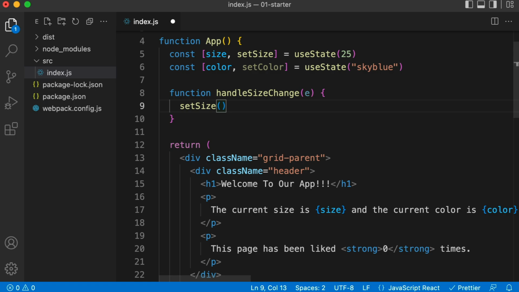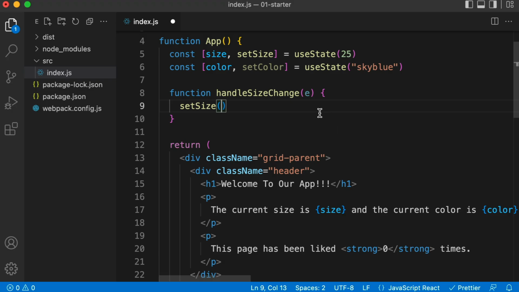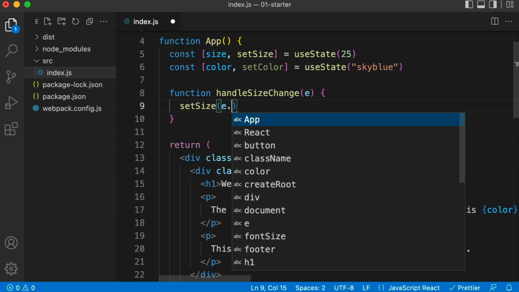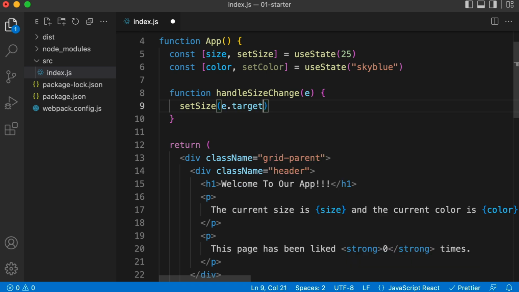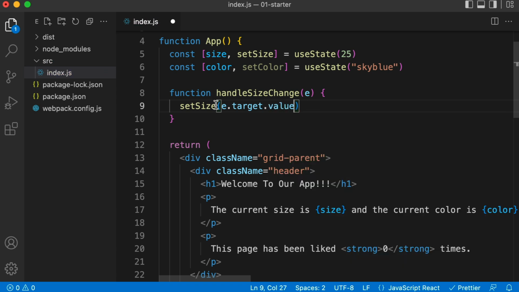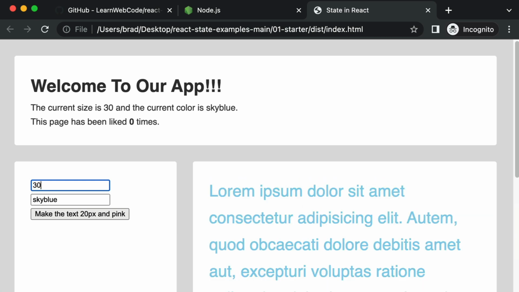We'd want whatever value the user has actually typed into this input field. So that's why we included this incoming event parameter. So you can just look inside that. So e.target. So that's the HTML element that triggered this event. And then you can look inside that for its value. So e.target.value. So altogether, if we save that and refresh, and now if I change this to be 30 pixels